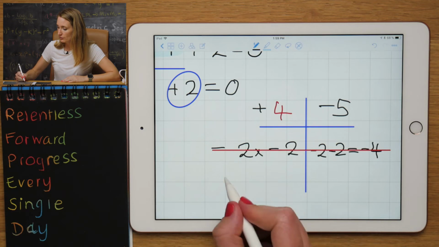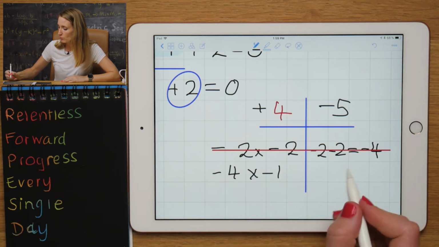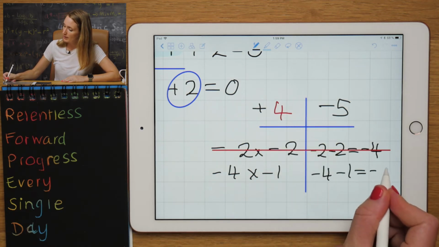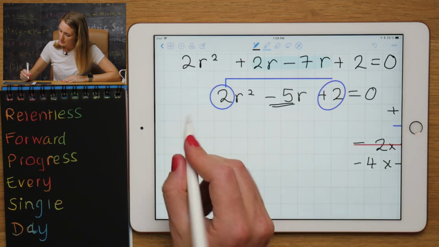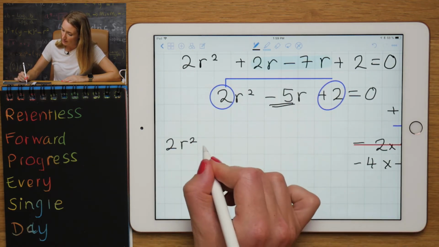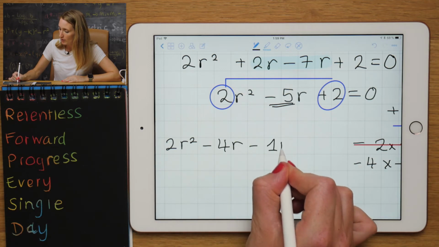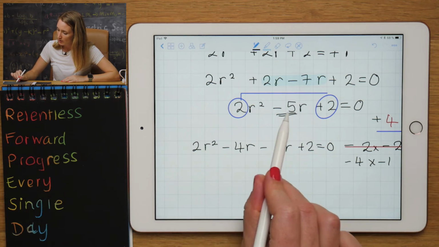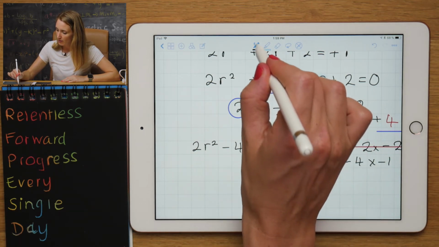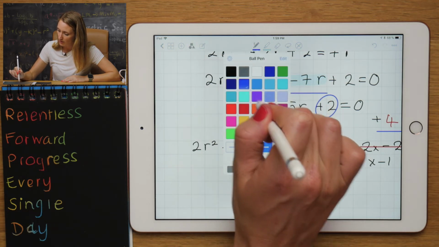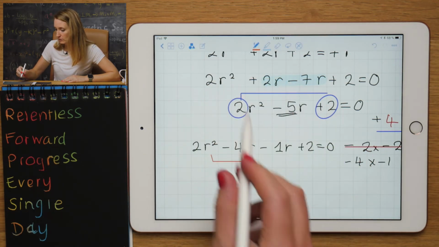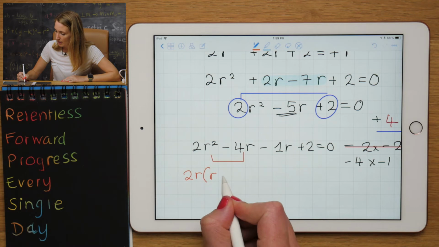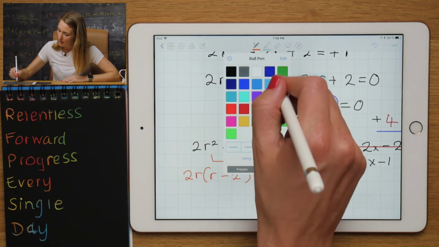Now, if you try minus 4 times minus 1, minus 4 times minus 1 would be plus 4, minus 4 minus 1 would be minus 5, so that's perfect. So I'm going to split the minus 5r into minus 4r minus 1r plus 2 equals 0. You can see if I do minus 4 minus 1, I will get back minus 5r. Factorize the first two together. So let's keep these two here, which factorize to be 2r. That's the most I can take out of both of them. R minus 2. And the other two,